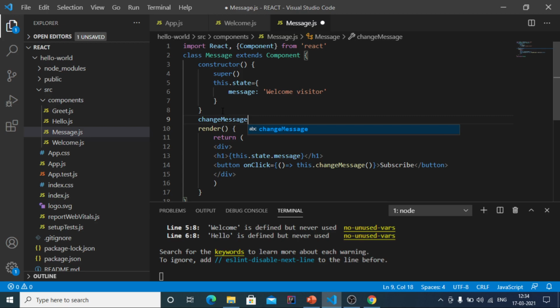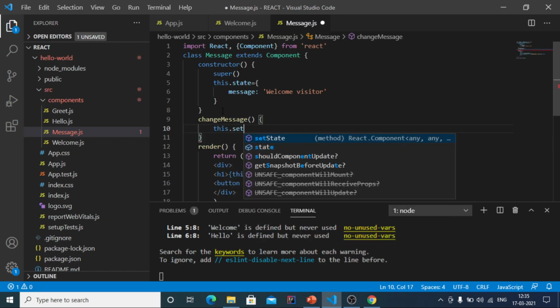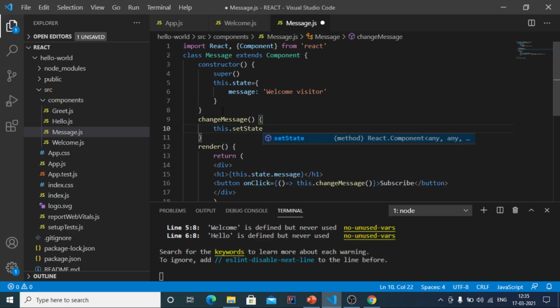We'll be defining this function, and now we want to change the text from welcome visitor to thank you for subscribing when you click on the subscribe button. So you need to change the state. State can be changed by calling the setState method, which accepts an object.